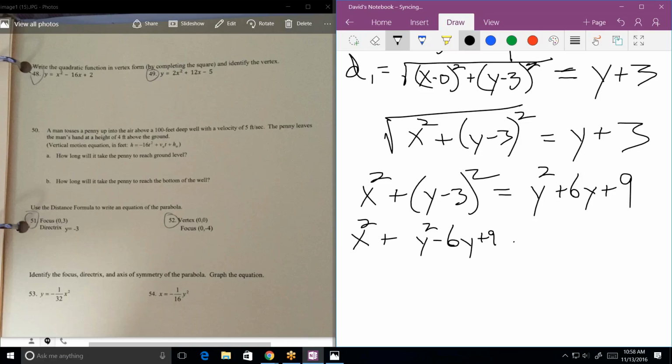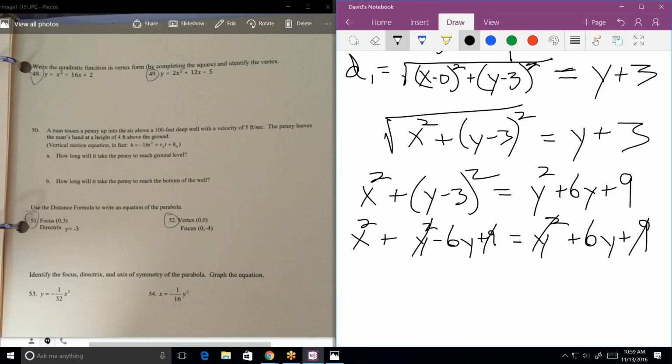And all of that's equal to y squared plus 6y plus 9. Well, help me solve this equation. Subtract y squared on both sides. Add 6y on both sides, or there's something else we can subtract from both sides. This number 9. Whenever you see the same thing on both sides of an equation and it's being added or subtracted,